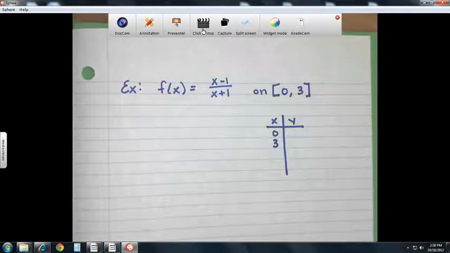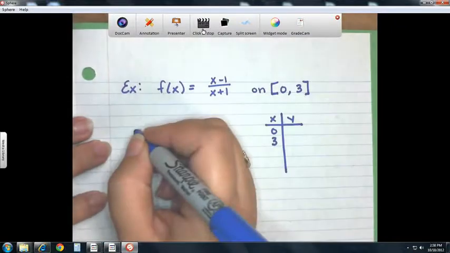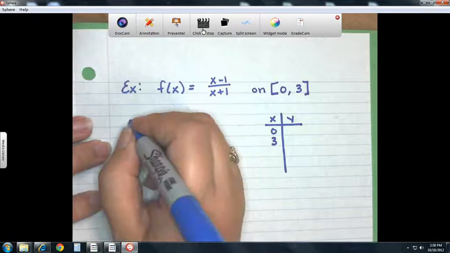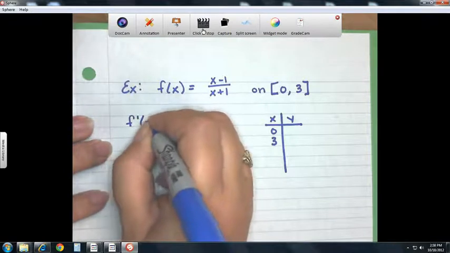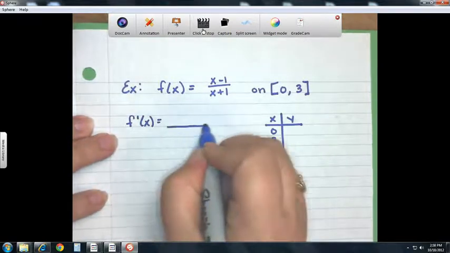The function or the derivative? Okay, so f prime of x equals. What are we going to have to do with this one? Quotient rule. So x plus 1 squared, right? And then bottom